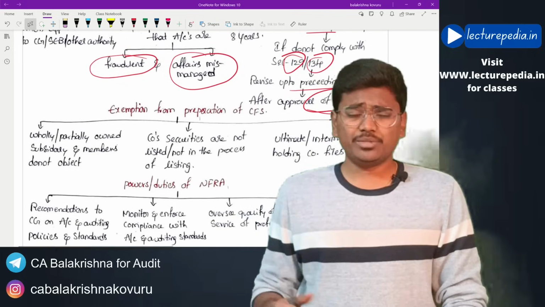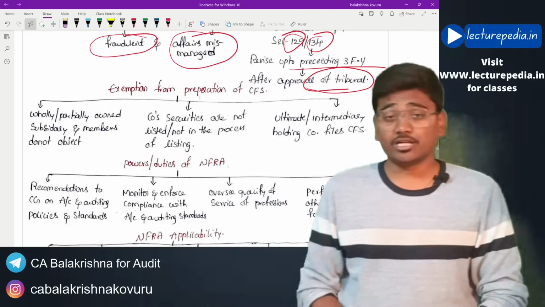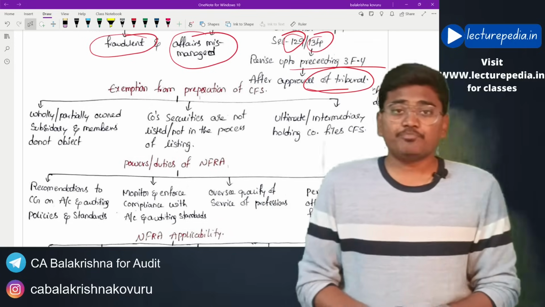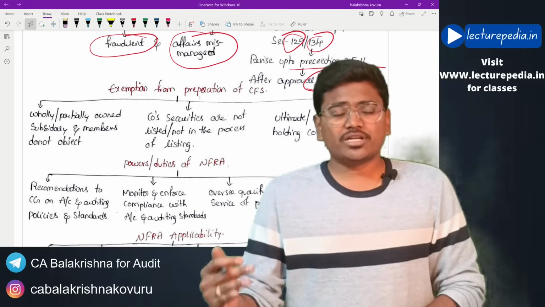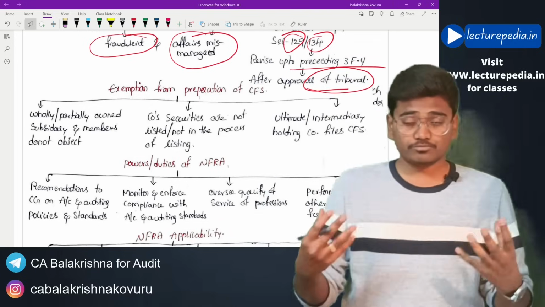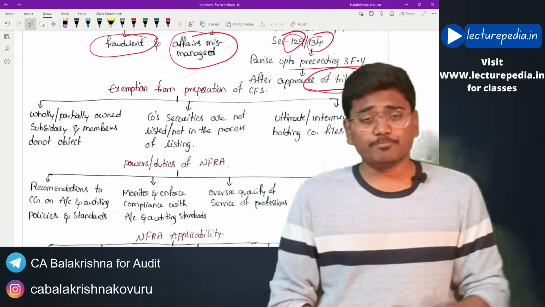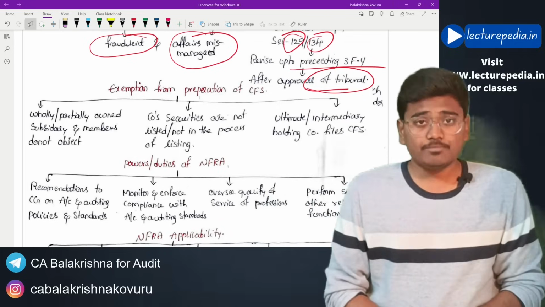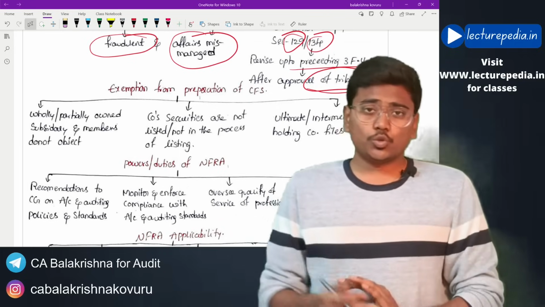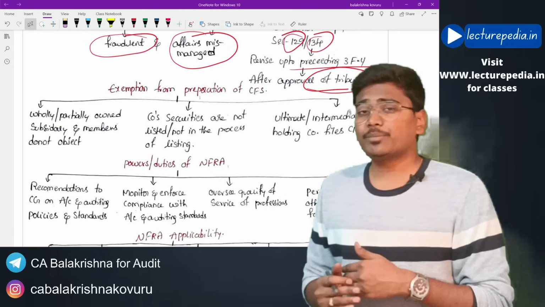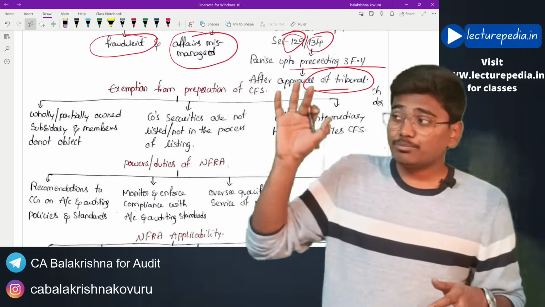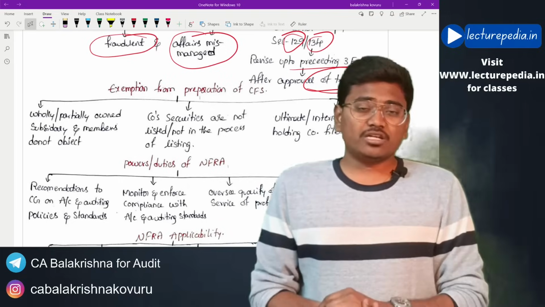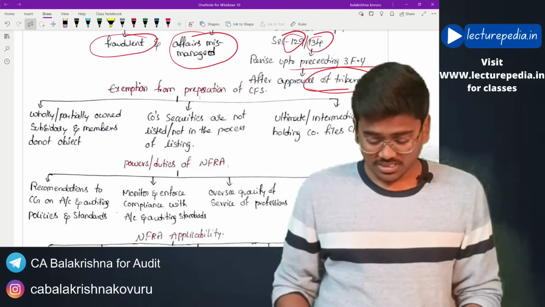Whenever a company is having any subsidiary or associate, they have to mandatorily prepare consolidated financial statements. Now there is a certain exemption that has been granted in case of certain companies from preparation of consolidated financial statements. What are those companies for which exemption is granted? A company which is either a wholly or partly owned subsidiary and which has intimated to its members stating that we are not going to prepare consolidated financial statements, and the members have not objected to the decision of the company of not preparing consolidated financial statements. That is the first condition that has to be satisfied.